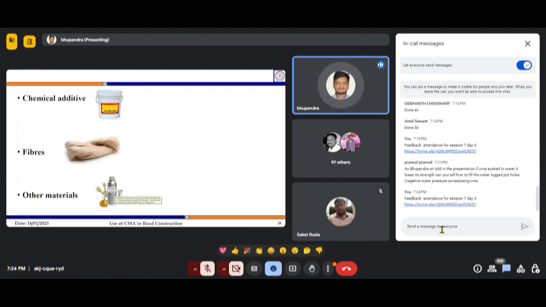So there are a number of materials available which can be used to improve the overall strength of our cold mix asphalt. In some cases, in laboratory conditions, because our studies have been in the laboratory, we have seen it reaches up to the level of hot mix asphalt.